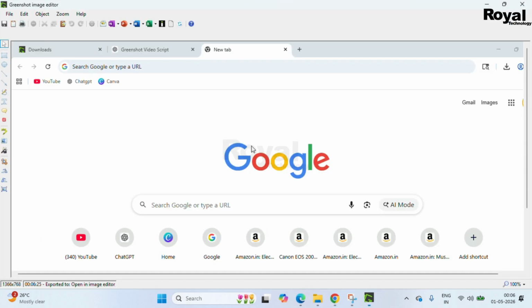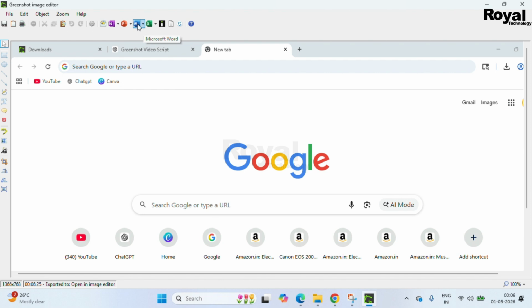This option I will show you. Once you click here, it will open an advanced version of the editor. This kind of editor you will not see in the Snipping Tool. We have very advanced options here. These are a few basic options, save and print. But here we also have OneNote, PowerPoint, Word, Excel.